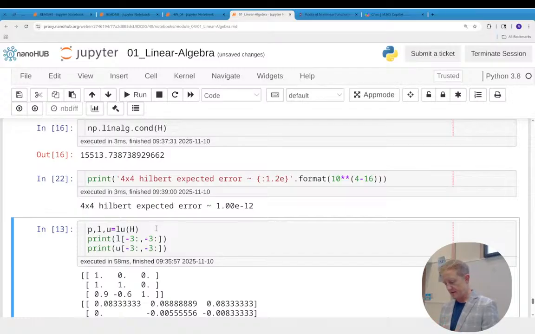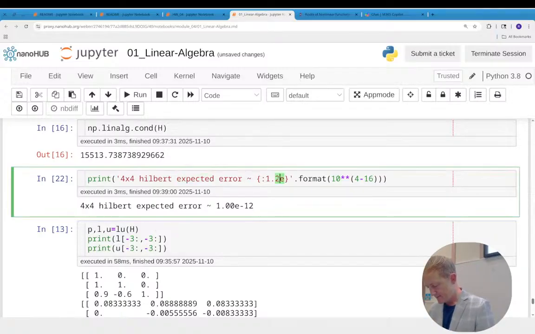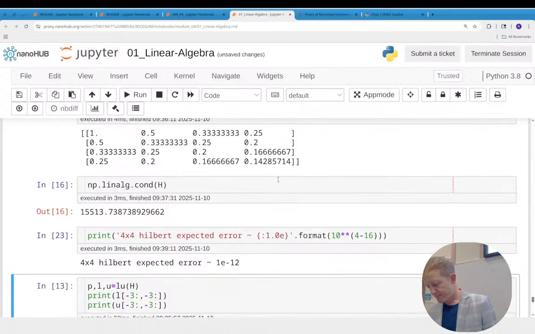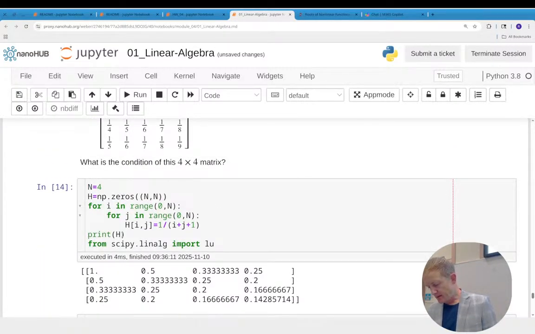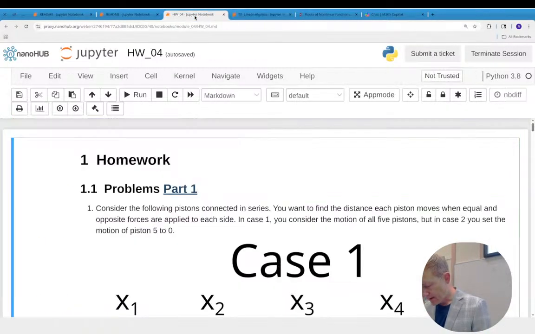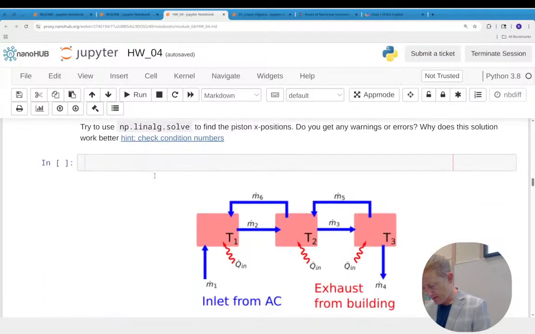Kind of this, at least this is what I think of it as. We don't really need the extra. And so you can use this to define a Hilbert matrix, but there's also a built-in Hilbert matrix, like NumPy. Coming back down to the homework